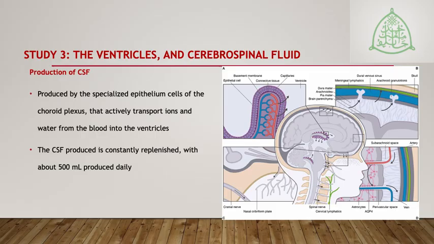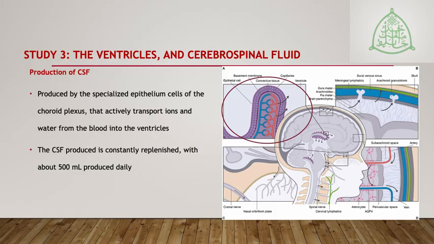At the bottom here you have what is referred to as the cribriform plate, where you have the nasal nerves. That is just an image to indicate that. And then next you also have the communication of the subarachnoid space, which is just telling you how the blood vessels and also the cerebrospinal fluid are moving in the subarachnoid